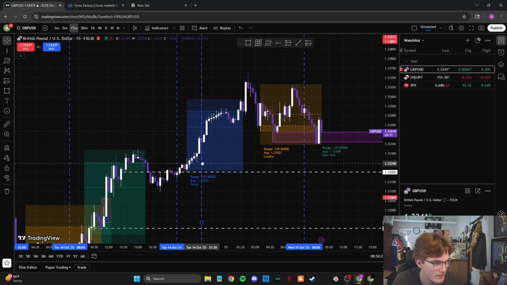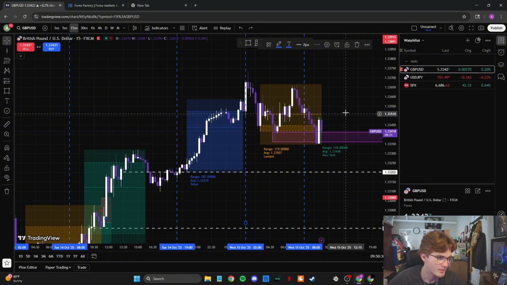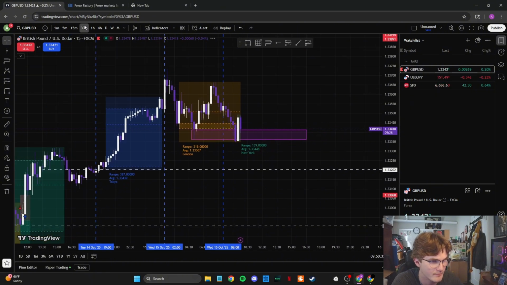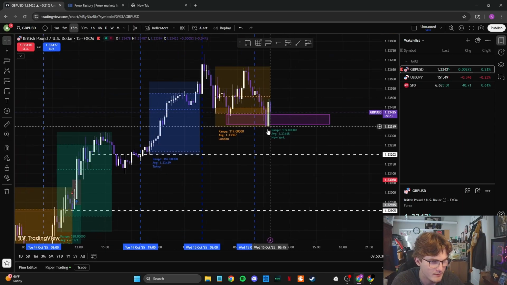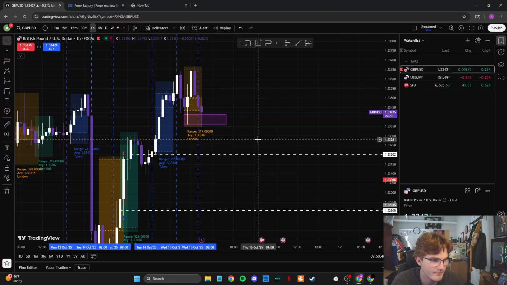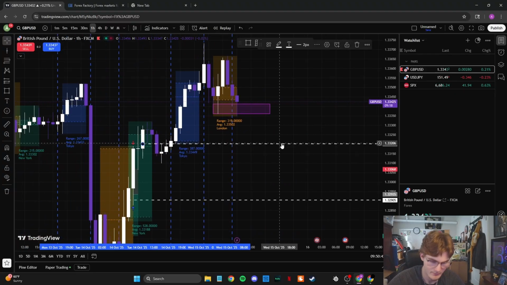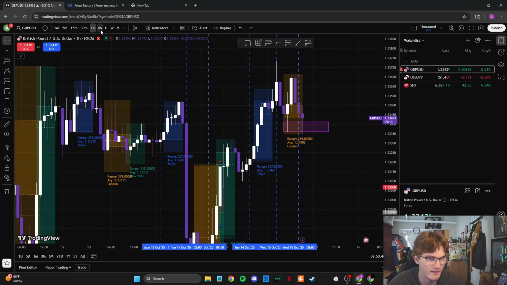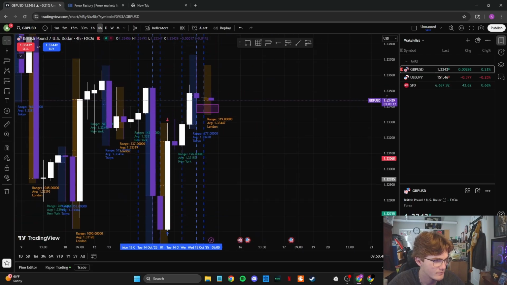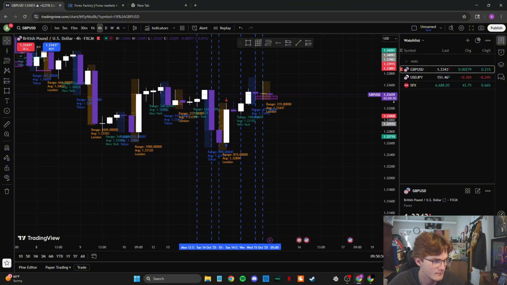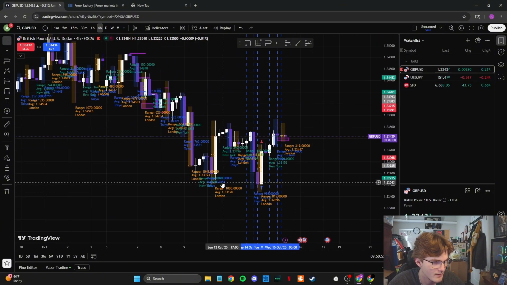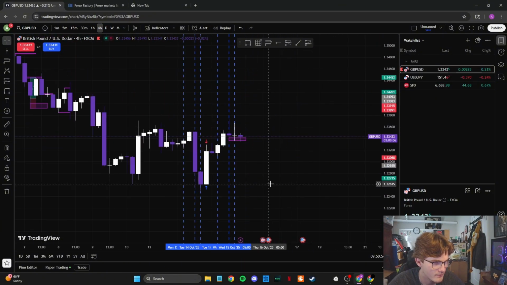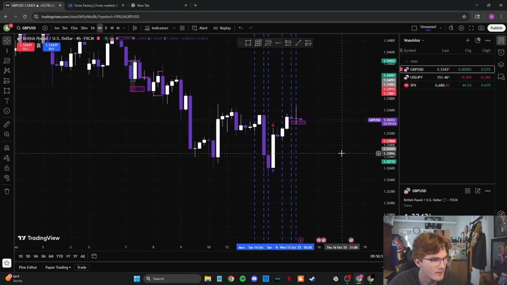So as long as there's a break of structure on these higher time frames, then it'll probably continue to go up, but that might not be the case. So let's see if there's any building blocks. Get rid of this break of structure, get rid of this one. See if there's any building blocks on the high time frames here. Let me just get rid of this. I have the lines for a reason.